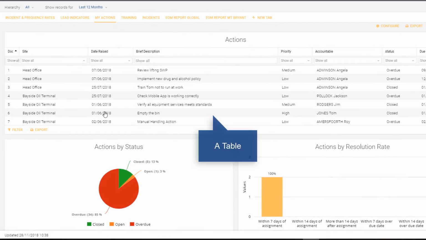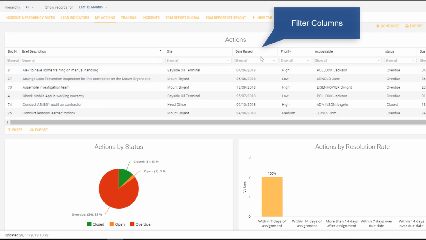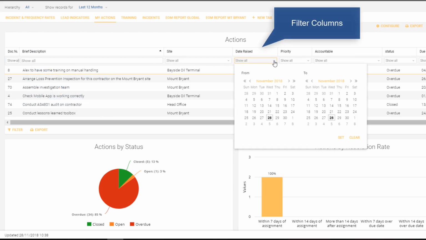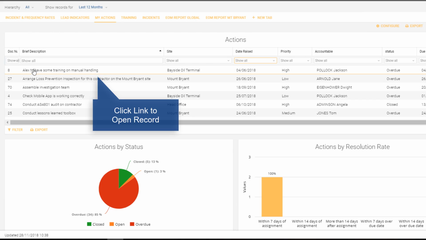A table is very, very similar to a view that we've been introduced to in previous videos, and as such it contains most of the functionality that views contain. You're able to drag columns around, you can filter columns, you can set date ranges in the table, and what's more, you can click on the link in any of these columns and open the document that underlies the table